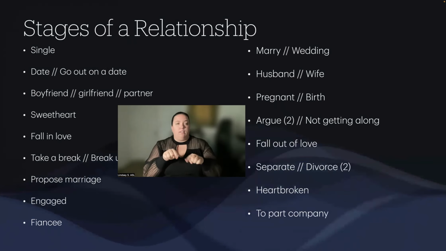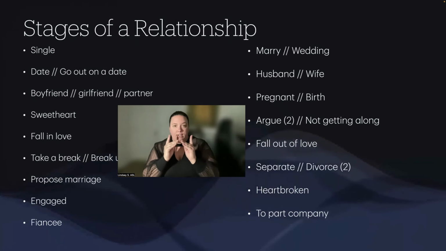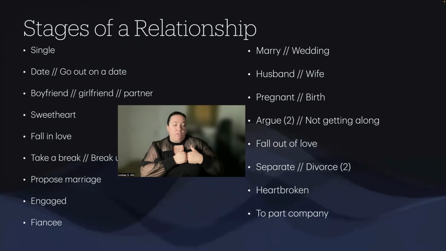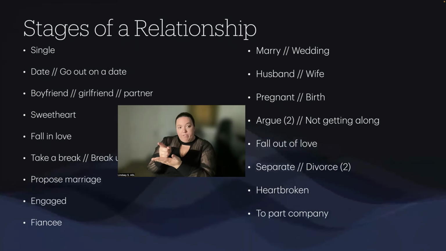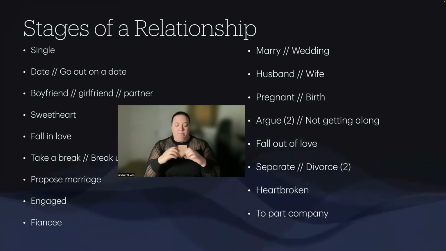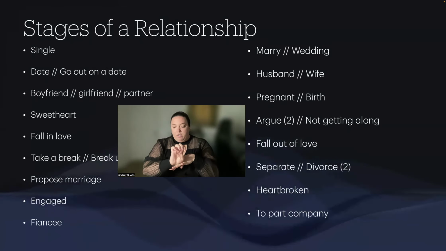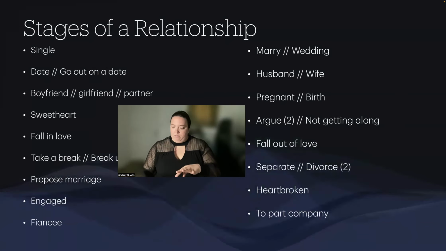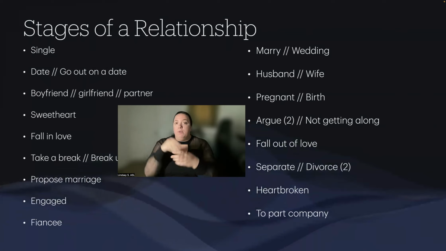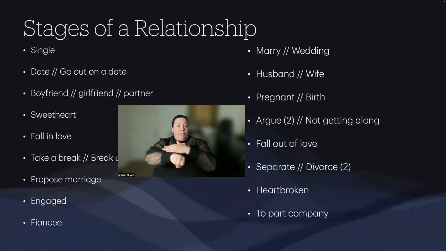So talking about this, the stages of a relationship, we have single, we have date and go out on a date, we have boyfriend, girlfriend, and partner, we have sweetheart, we have fall in love, we have take a break, in between, right? Take a break, and then we have break up. Then we have proposed marriage, we have engaged, we have fiance, we have married, we have wedding, we have husband and wife, we have pregnant, and then birth,